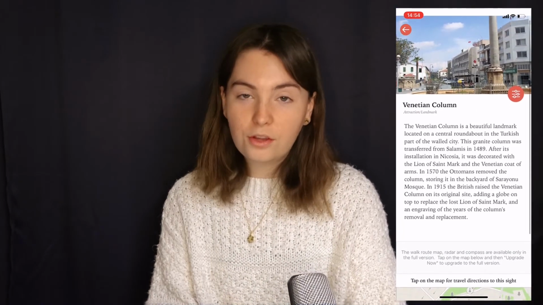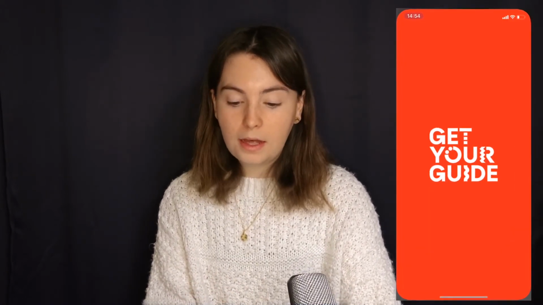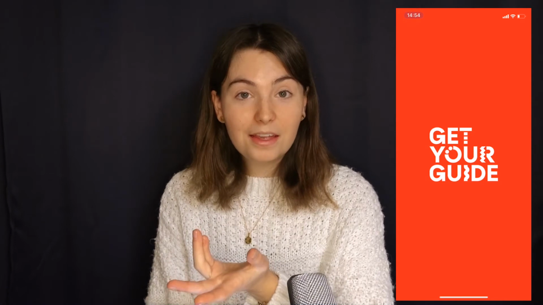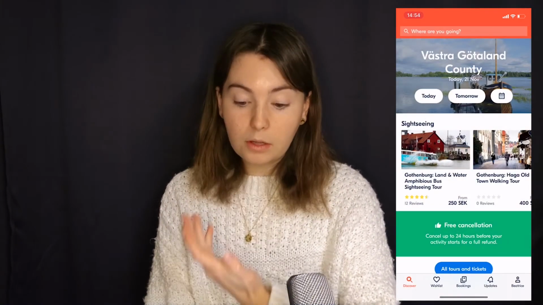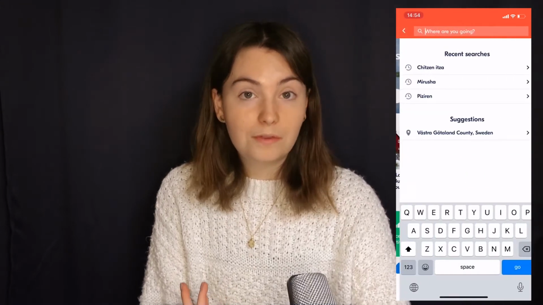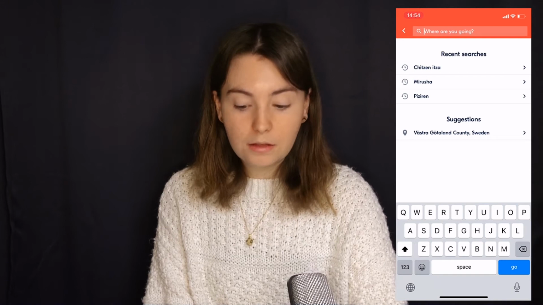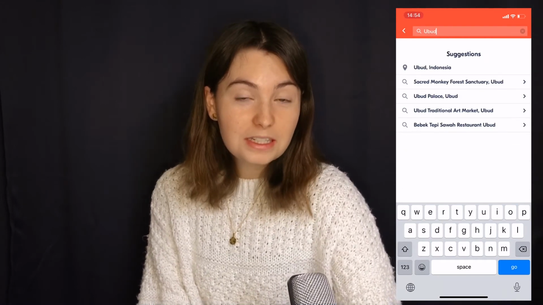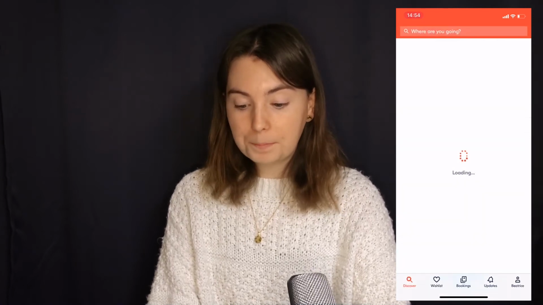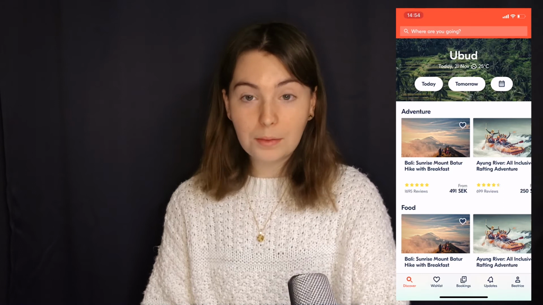Another general application that I'll have on my phone is for tours. In this case, I have GetYourGuide. You can just search for any city or place in the world and it will come up with the tours available. It can also be very good to use when you're travel planning, to see what you can actually do at the destination and so forth. And in the GetYourGuide application, you can save your tickets as well.